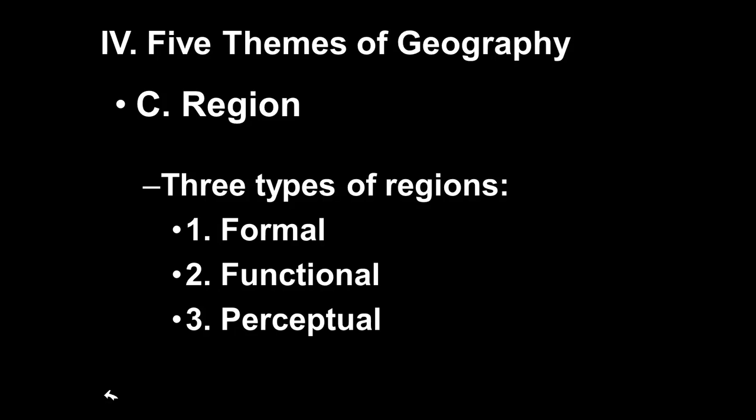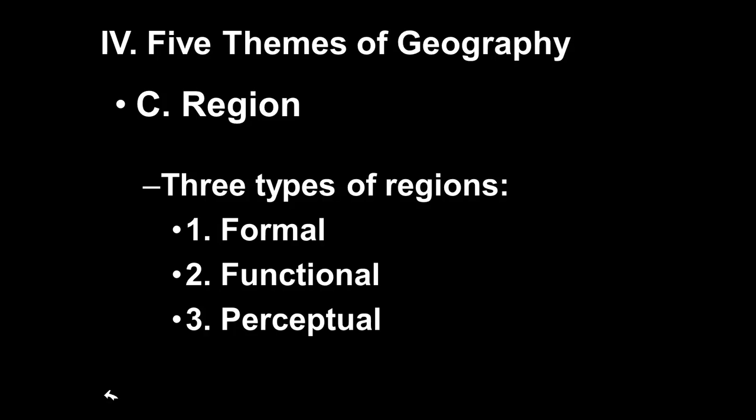Functional. A functional region, really quickly, is just a region where people work together for a common purpose. We talk about different areas. If you see New Orleans and Baton Rouge, we're linked together by railroad. We share people. People drive from New Orleans to Baton Rouge to work. So with a formal region, a functional region is that we work together for a